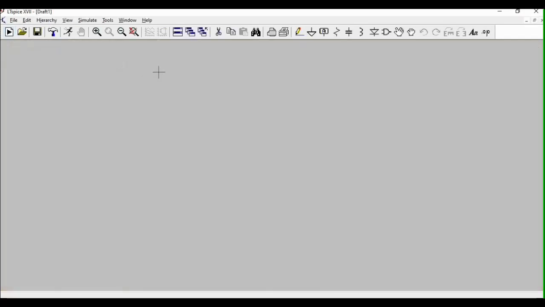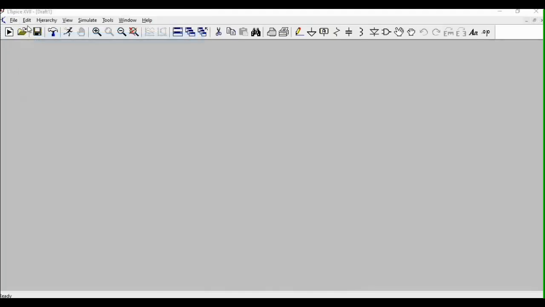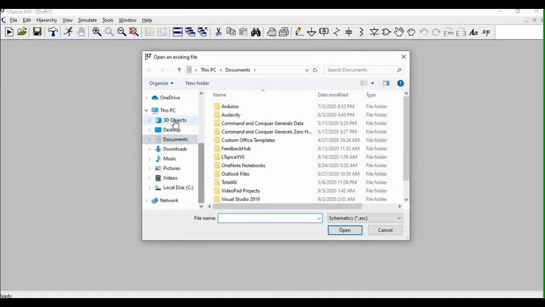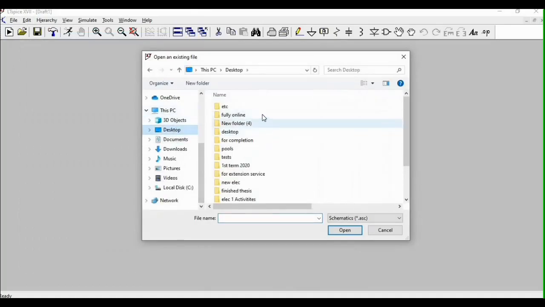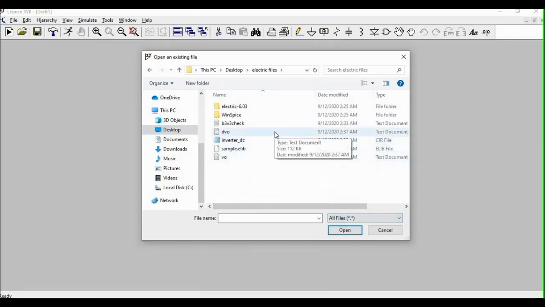Given the new schematic, just file, open, go back to desktop, then electric files, choose all files, then the inverter DC CIR file.